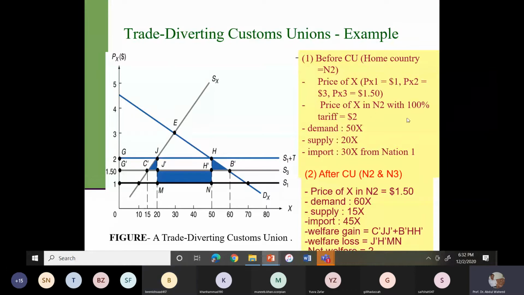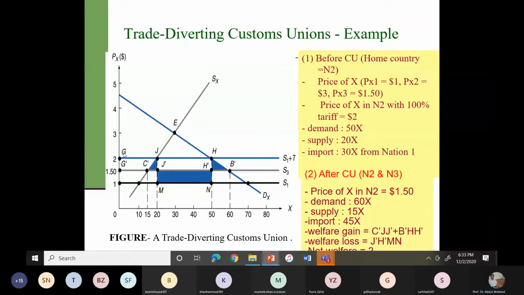Now, if there is 100% tariff, then this means the price in the domestic market, if you are importing from nation 1, will be $2. लेकिन अगर 100% tariff हो, and if you want to import from nation 3, what would be the price, domestic price of the imported good? $3. Yes, $3 ना, ये तो प्राइस है विदाउट टैरिफ। जब हम इसमें 100% लगाएंगे तो फिर ये $3 हो जाएगी।